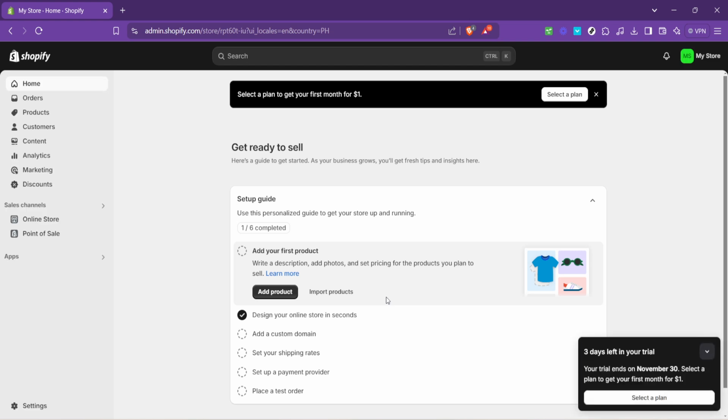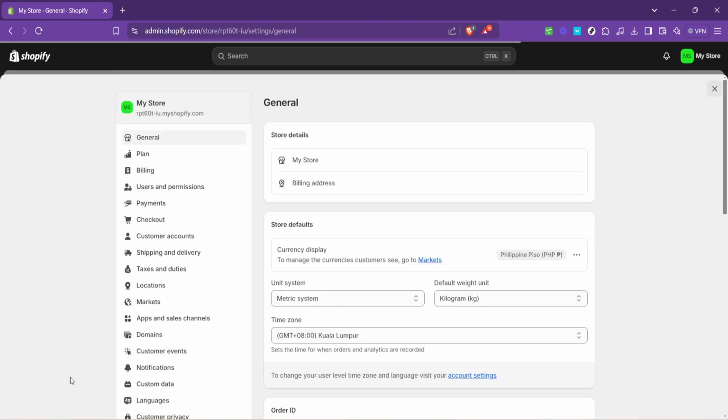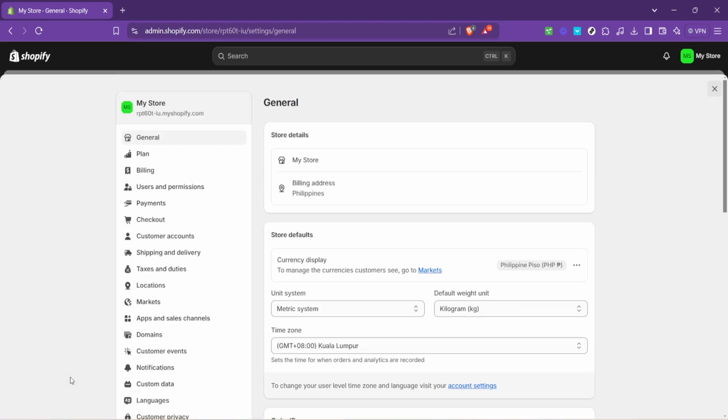Once logged in, navigate directly to your store's home page on Shopify. This is essentially your control room where you can oversee all the operations of your e-commerce portal. From here, dig a little into the settings option. This part is crucial as it houses all the configurations and settings that make your Shopify store unique and tailored